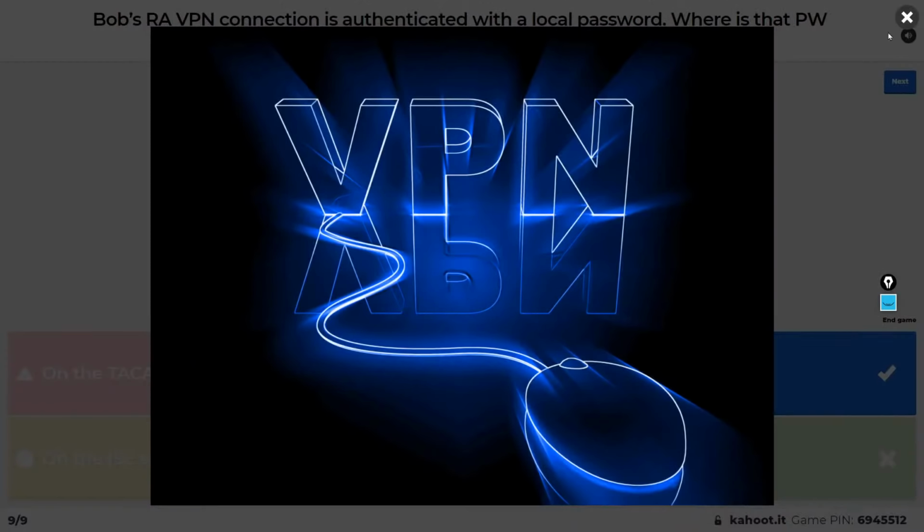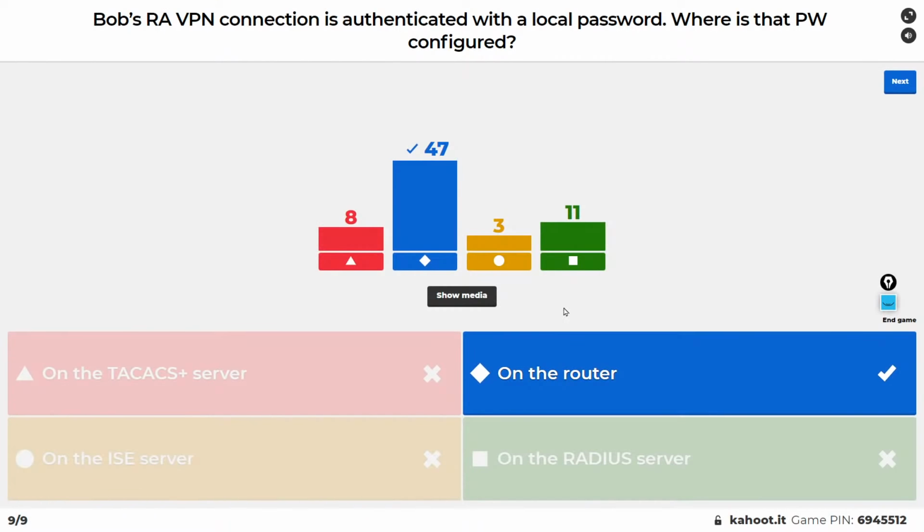Oh, that's not going to help. Look at this graphic. All right, so local always refers to local, and let's go ahead and take a look